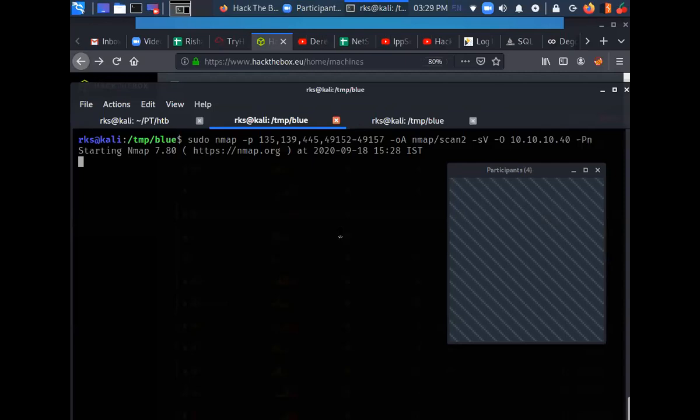So now what I'm going to show you is how you can use Nmap for running a vulnerability scan. Okay. Let's wait for the scan to finish. After the scan, we are going to run some automated VA stuff using Nmap.